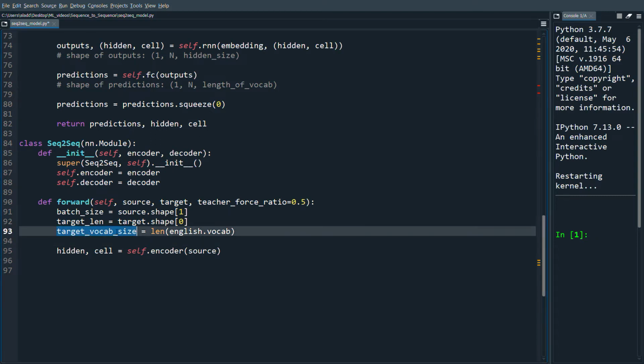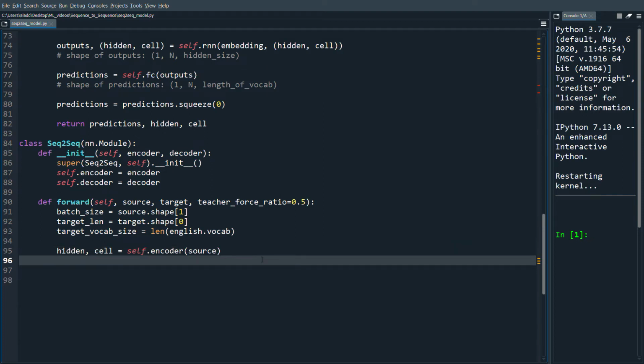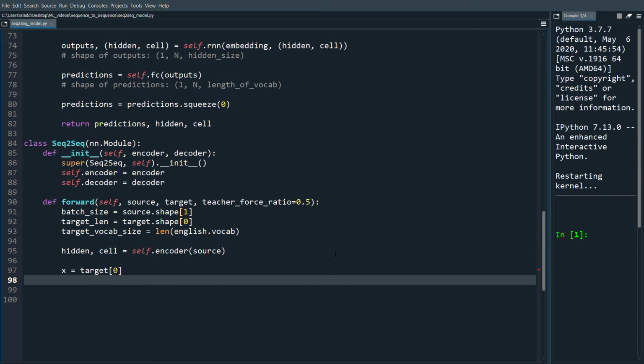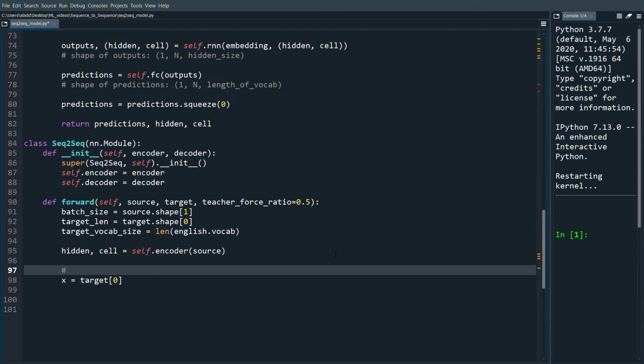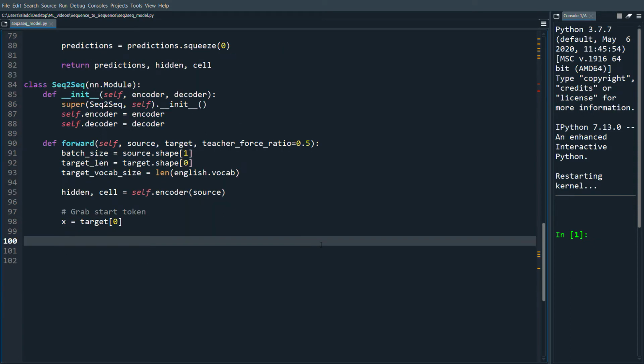We have target vocabulary size, and then hidden and cell from the self.encoder. All right, what's the next step? The first thing we're going to do is have the start token. So we're going to do x equals target of 0, so that we grab the start token. Then we're going to send this into the decoder, and we're going to do this word by word. So let's do for t in range of 1 comma target